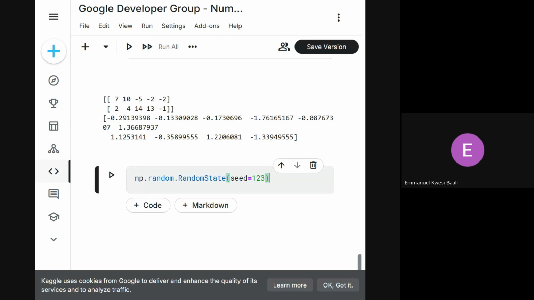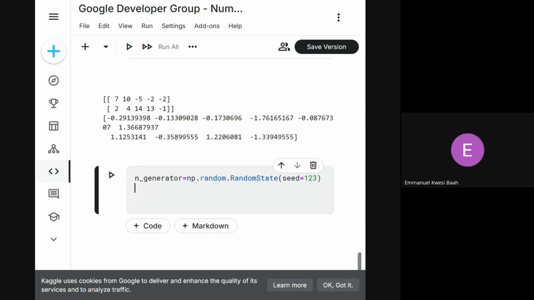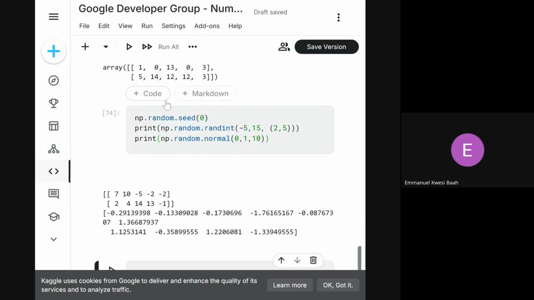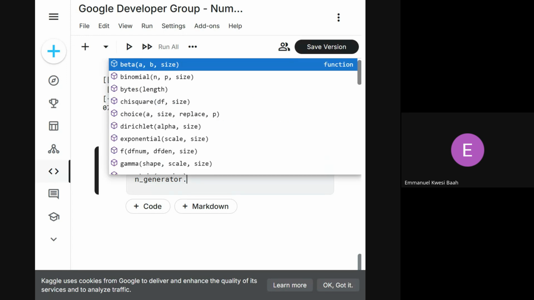1, 2, 3, right? Then I can assign this a value of generator, because I'm just assigning all the things I have in there, right? So that whenever I call the new generator, it will be able to use that particular seed to do the randomization for me. So unlike this place where I didn't assign the seed to anything, I just have to do this here. So when I say np underscore generator dot random